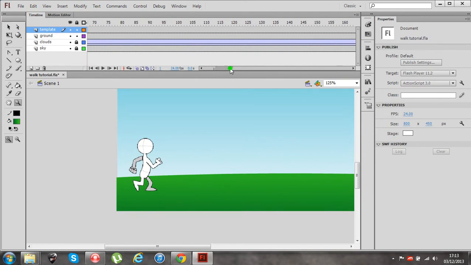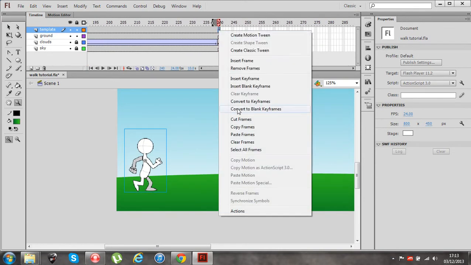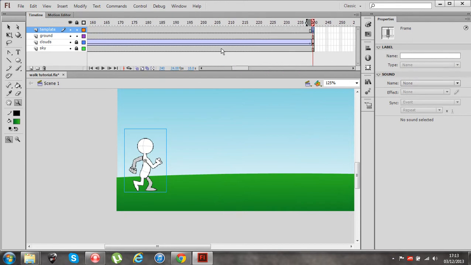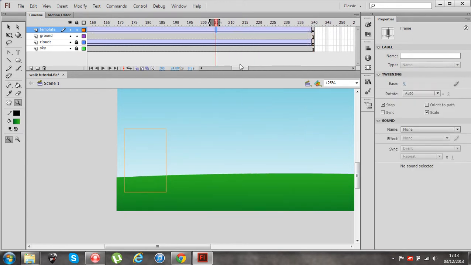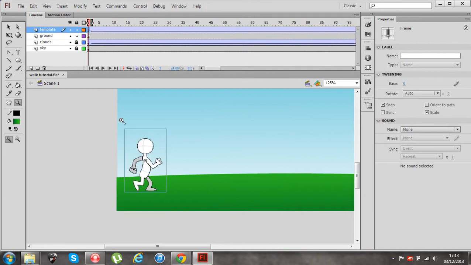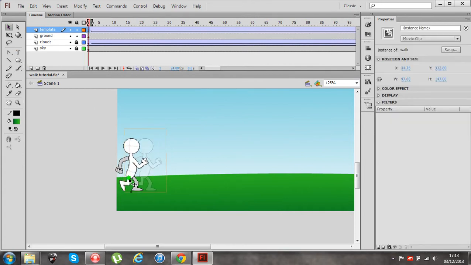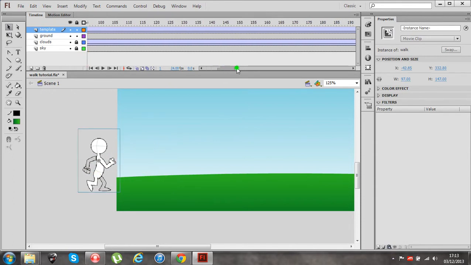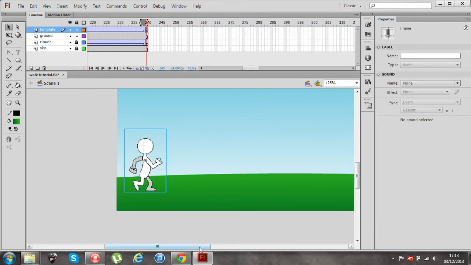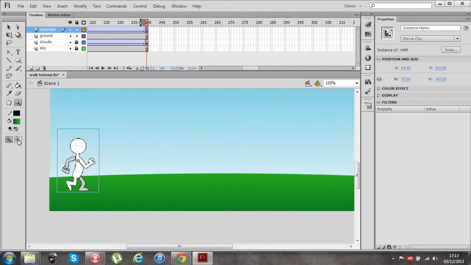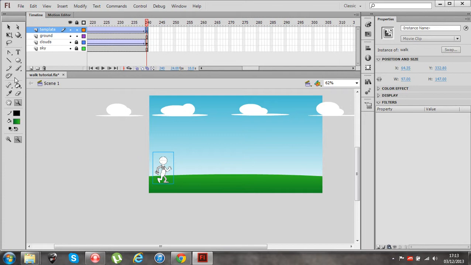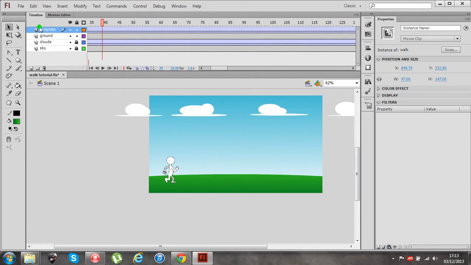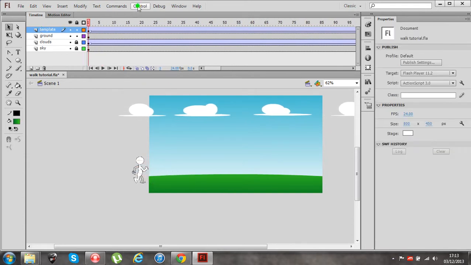However, what I can do is convert this point to a keyframe and create a classic tween. And what I'm going to do is put the character off screen to begin with, and at the end I'm going to move him. We need to just zoom out slightly, turn off manual skin so I don't need that one anymore. Holding down shift, constraining it onto the horizontal path, I popped him along to the end, which means he's going to move across the screen over those 10 seconds. Okay, so if we test the scene,